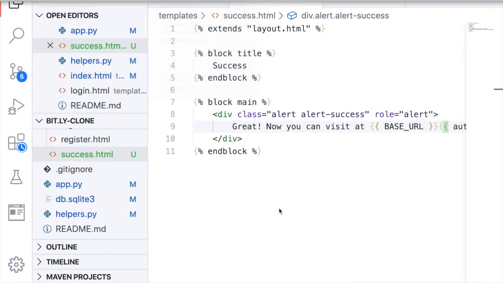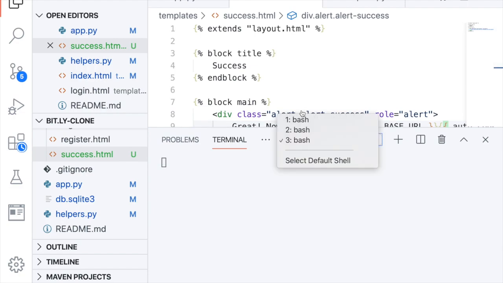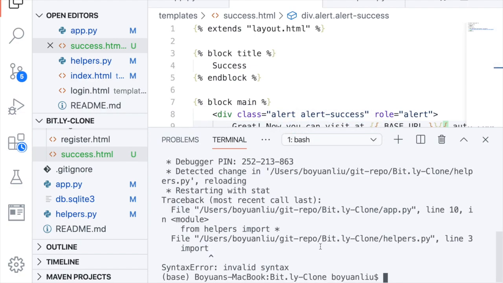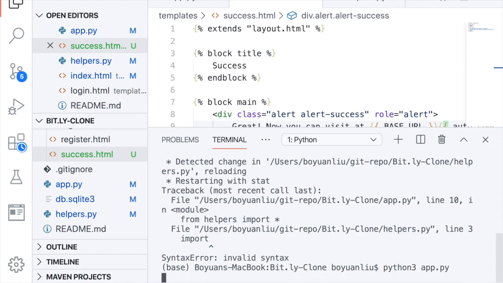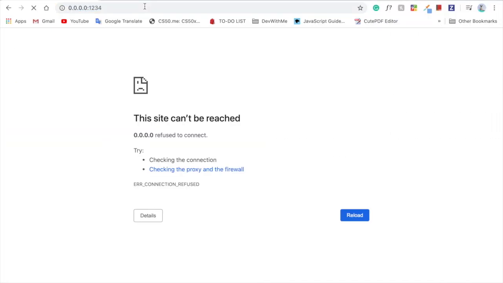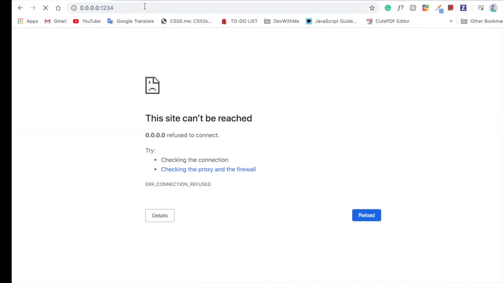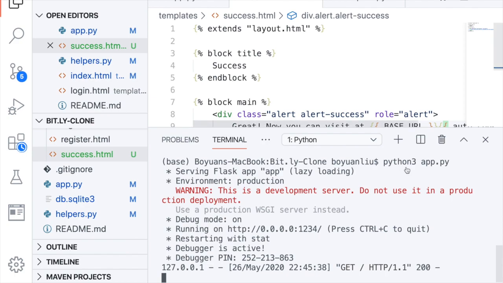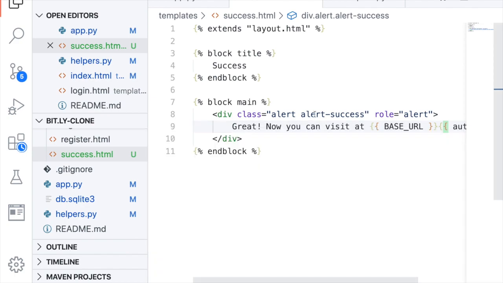Whoops, probably accidentally killed it. Alright, let's see, does it work? Actually, before we try this,